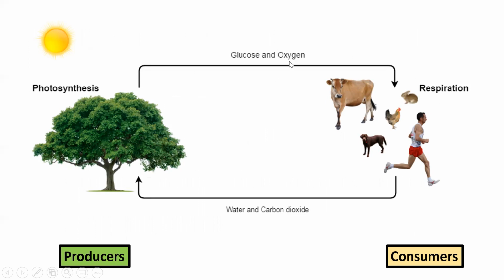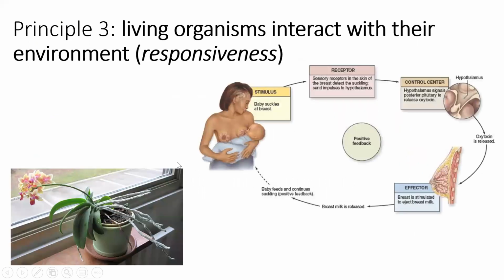We will take that, or consume the glucose, and utilize the oxygen to undergo the cellular respiration process, where we produce carbon dioxide as waste, and water. So you can see it's an ongoing cycle that we're going to be talking about. Three, living organisms will interact with their environment. Again, sensitivity, the ability to respond